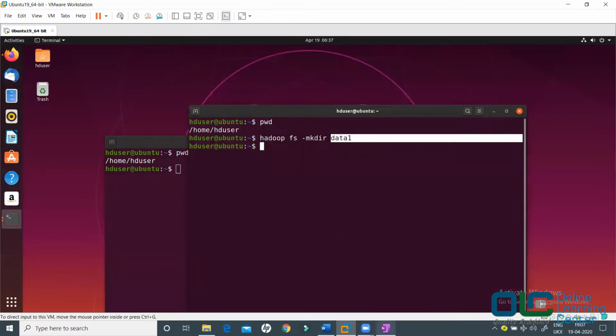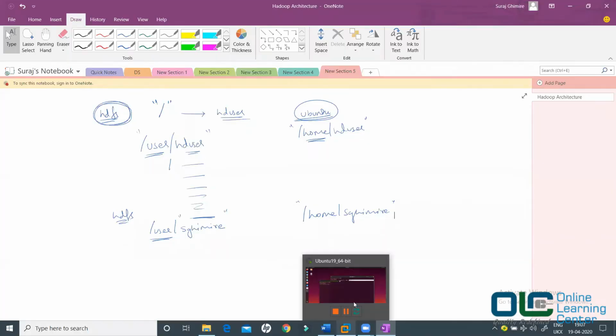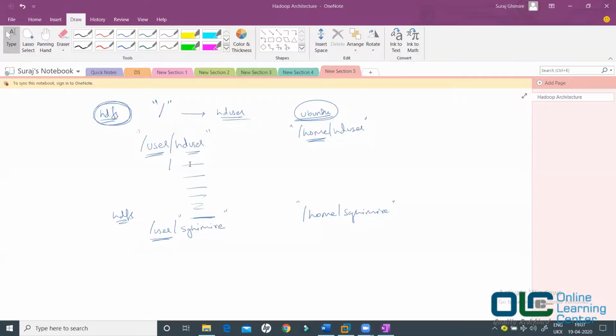Can you tell me what is the default location of HD user in HDFS? /user/hduser. Remember, it is not /usr, it is /user. Because we had created one user called hduser, its default location is /user/hduser.